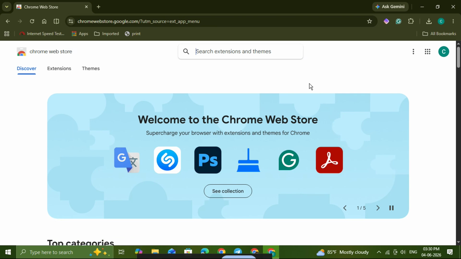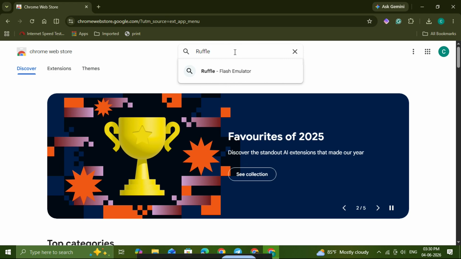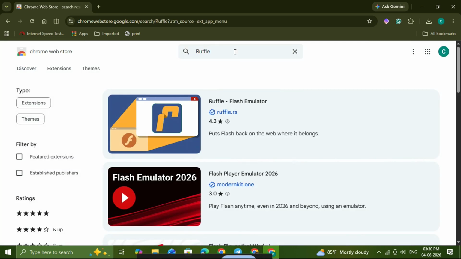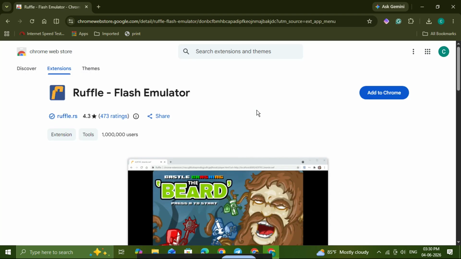Once the Chrome Web Store opens, click the search bar in the top left corner. Type Ruffle into the search field and press Enter on your keyboard. You should now see search results related to the Ruffle extension. Look for the extension named Ruffle Flash Emulator. Make sure you select the correct one, because this is the extension that helps replace Flash with a safe modern